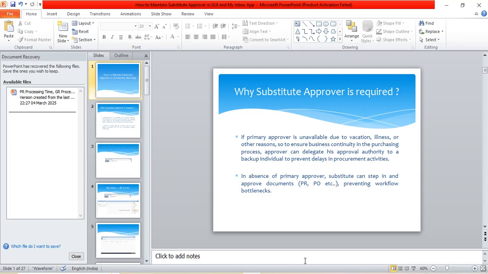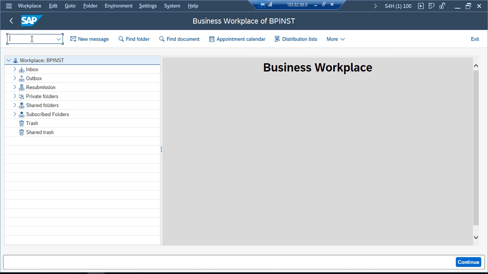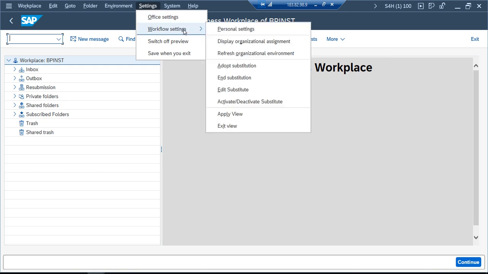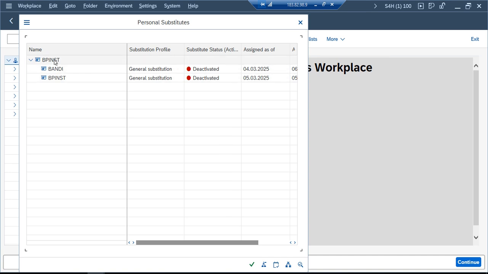Now we'll see in the system how to maintain this substitute approver. If you want to maintain a substitute approver in GUI, you can go to SAP Business Workplace, or execute transaction code SBWP. In this SBWP, go to settings, workflow settings, and click on edit substitute. Then here select your ID and click on create substitute,